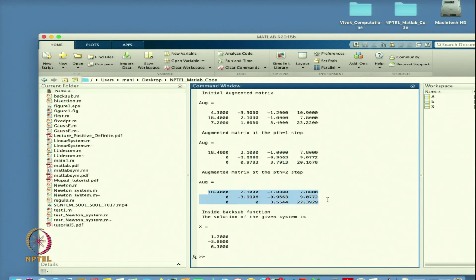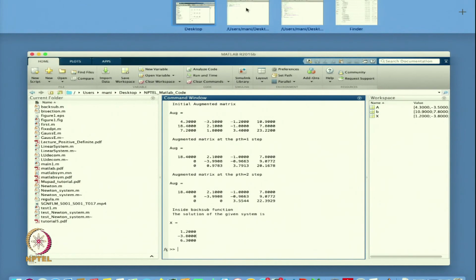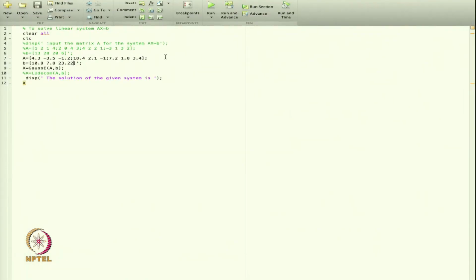This is the upper triangular matrix and then I will use the back substitution and that is my solution. In this case you can see that it is first doing the partial pivoting to make the matrix diagonally dominant, and then you are able to find the solution using the Gauss elimination method. So, in this case we are able to solve this one.